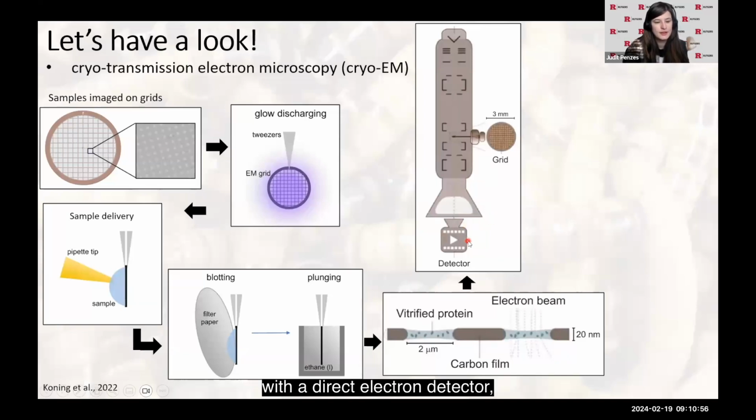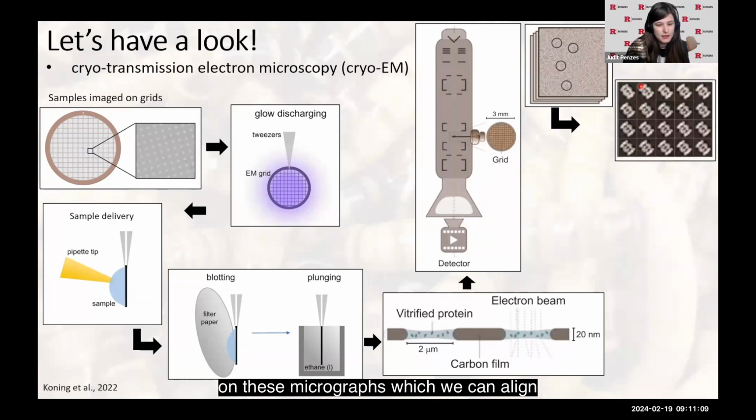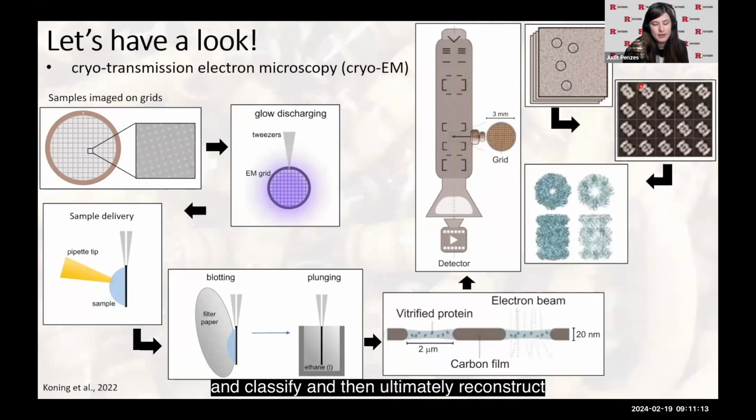And through this vitreous layer, we can drive an electron beam, which we can capture with a direct electron detector. So we can take images that contain multiple two-dimensional projections of our specimen on these micrographs, which we can align and classify, and then ultimately reconstruct a three-dimensional volume,